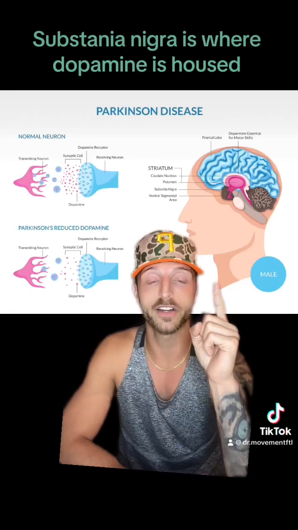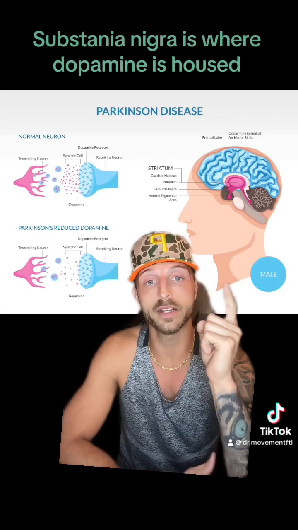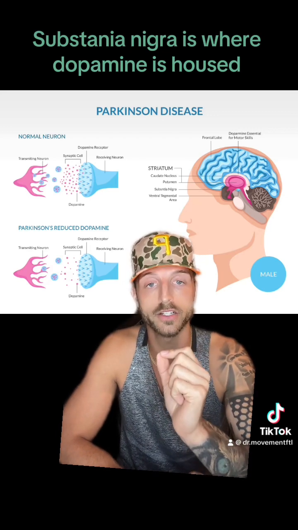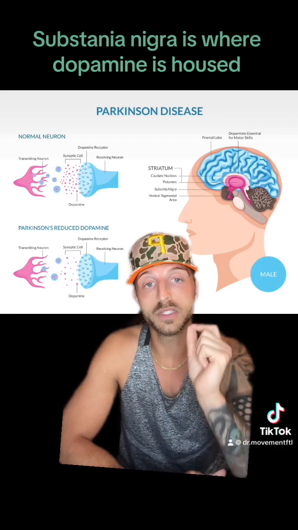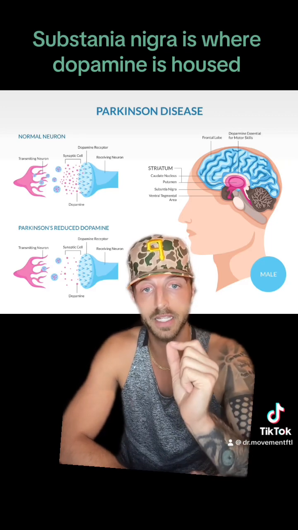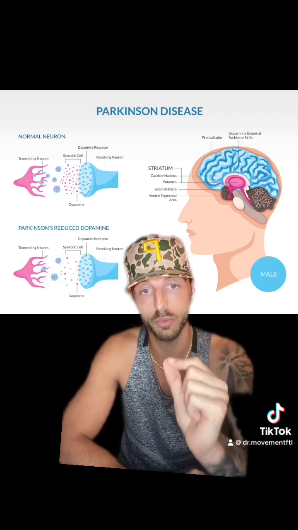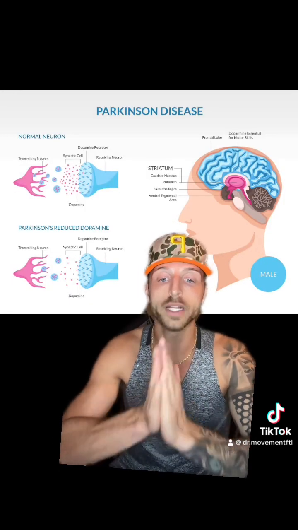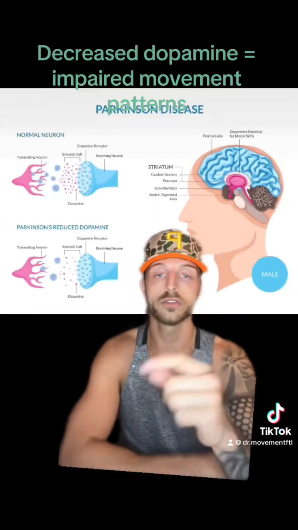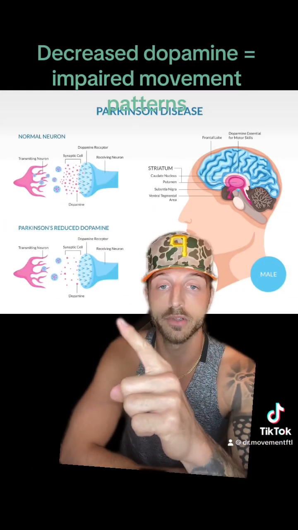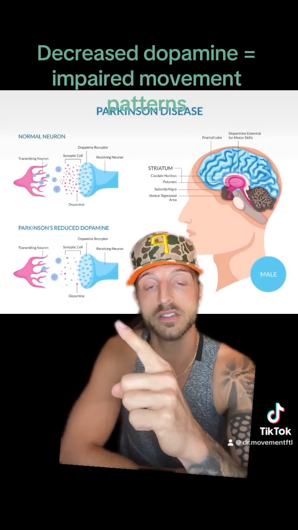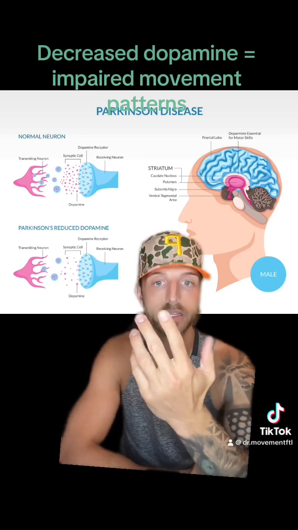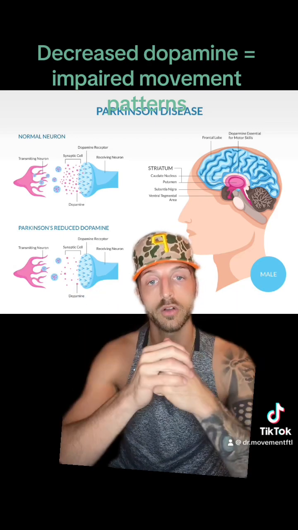If you look above me right here, you're going to see this picture of a brain. Within the brain, there's a structure called the basal ganglia, okay? Within the basal ganglia, there's an area deemed the substantia nigra, okay? Within the substantia nigra is which houses the dopamine cells. The dopamine within the substantia nigra is critical for coordinated movement patterns. Now, if you're able to look over at this diagram, you can see that those suffering from Parkinson's disease have a lack of the production of the dopamine cell, which means that our movement patterns are, of course, going